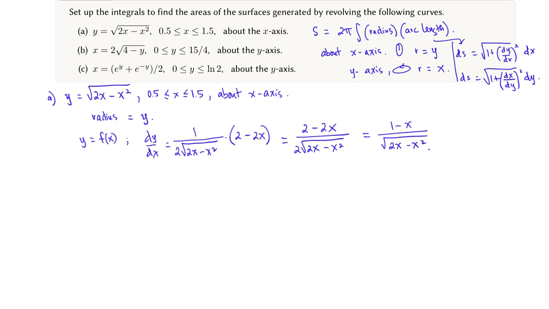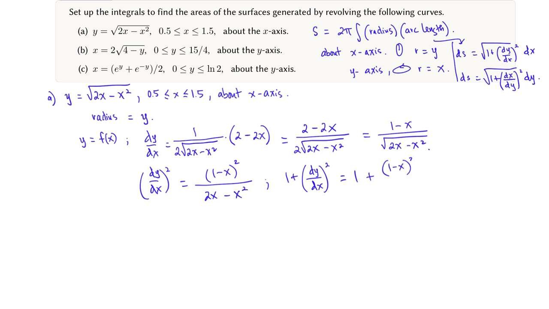And in the arc length formula, we would need to square dy dx. So square 1 minus x in the numerator. And in the denominator, the square root of the square canceled out. Also in the arc length formula, we would need to add 1 to the square of the derivative. And so 1 plus